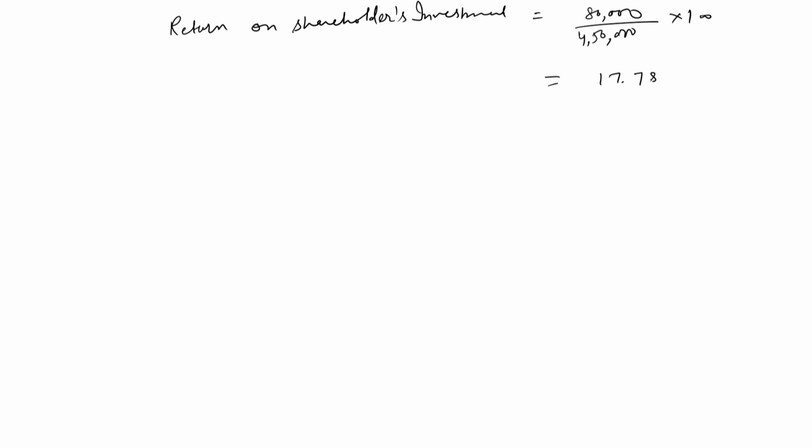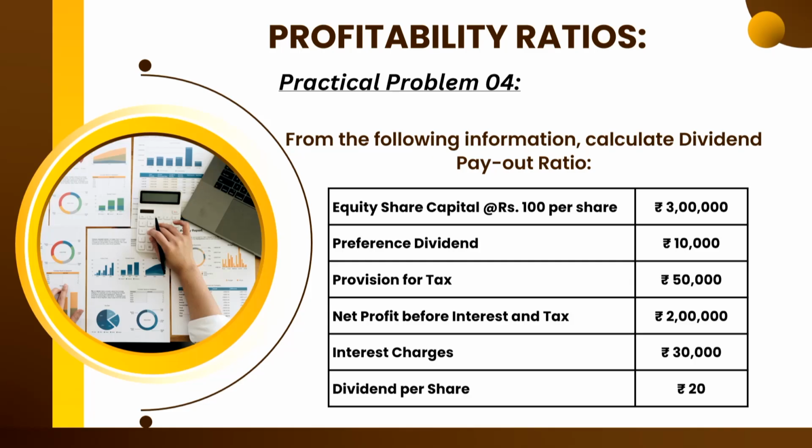Now we compute return on shareholders' investment as per the formula. The profit available after interest and taxes is 80,000 and the total shareholder fund we just calculated is 4,50,000. It comes to 17.78%. Moving to the next problem number 4, in which we have to calculate dividend payout ratio with the information